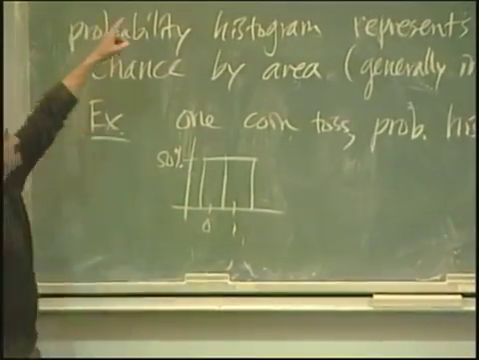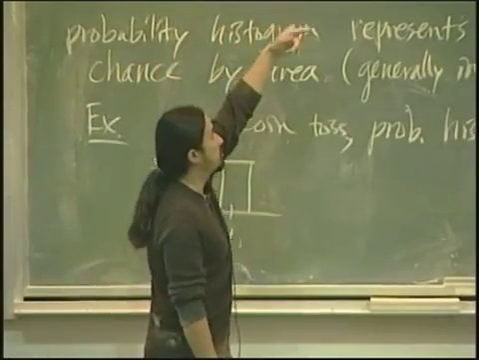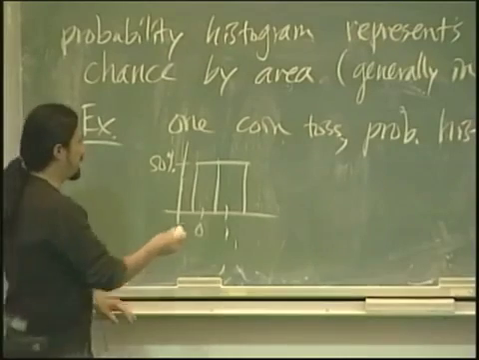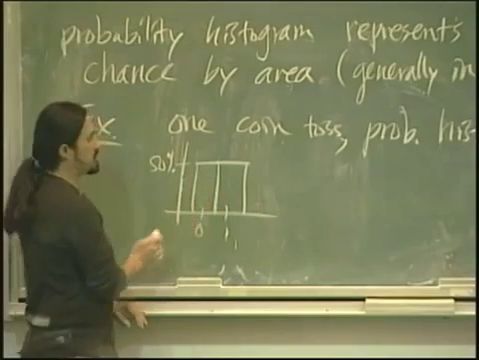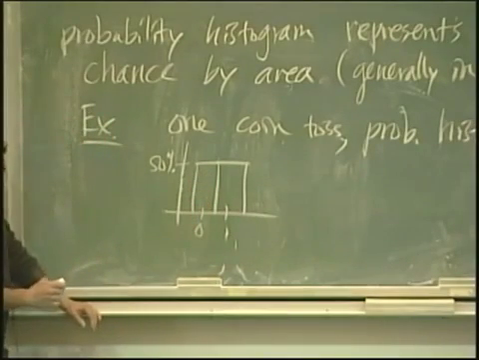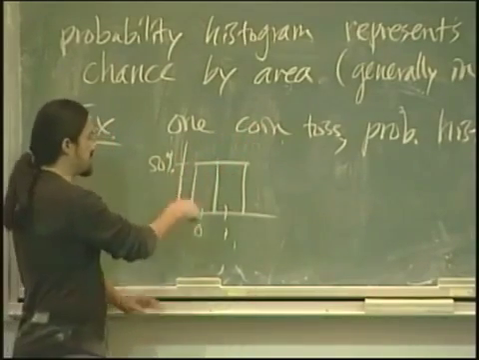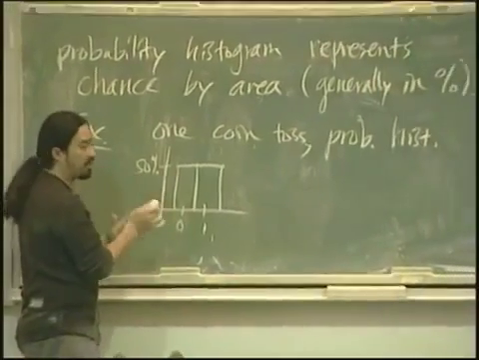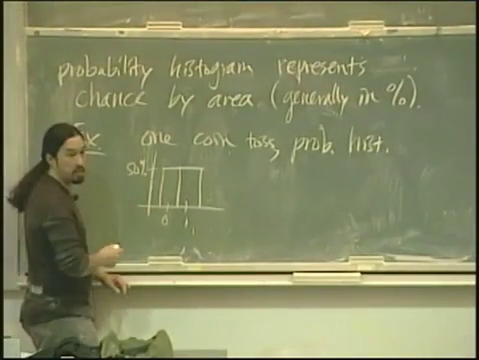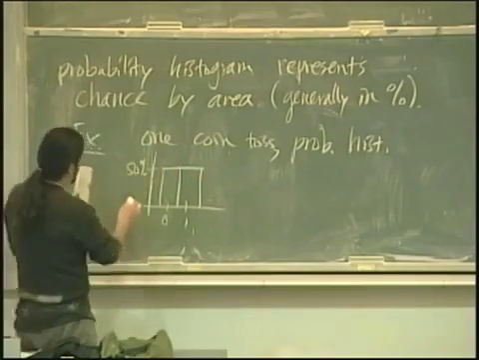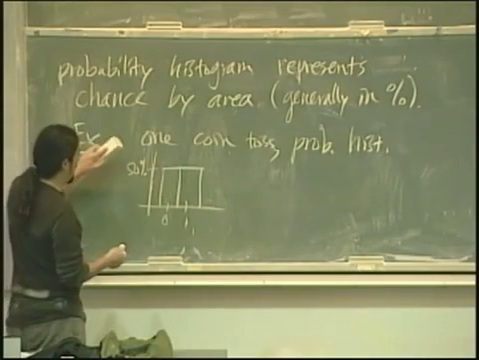So like I say, these empirical histograms, as you increase the amount of data, you're getting closer and closer to this probability histogram, right? So yeah, when I say generally in percent, this is sort of our standard definition of a histogram, that area is in percentage terms. Sometimes you'll see probability histograms where rather than thinking about